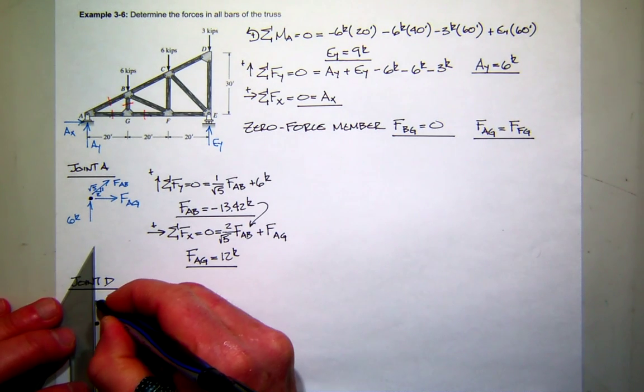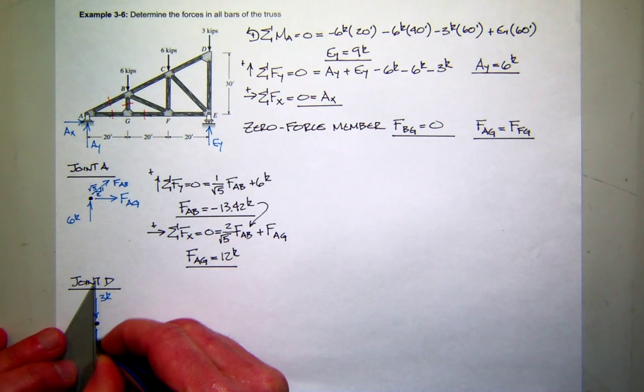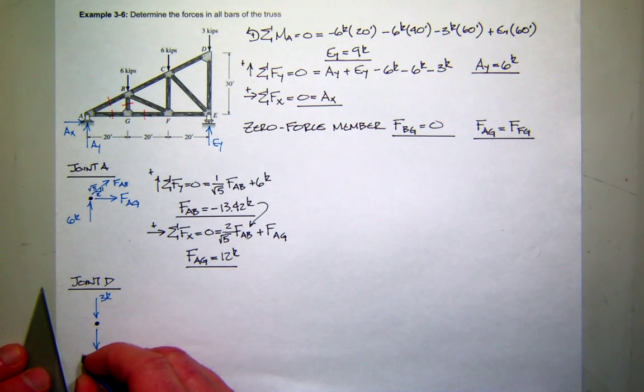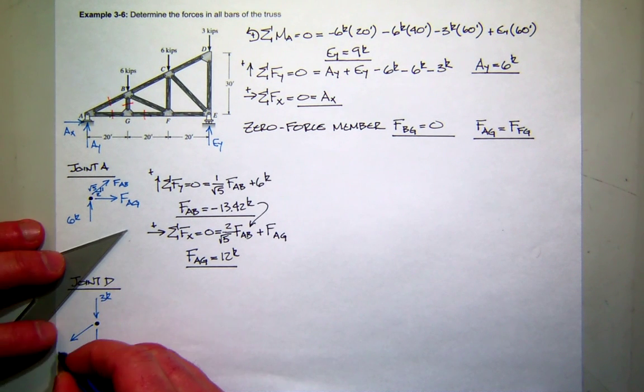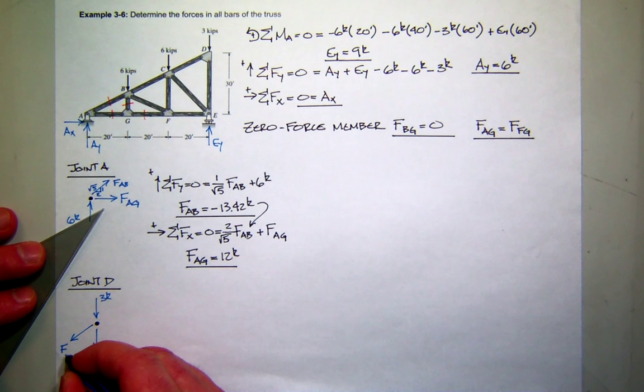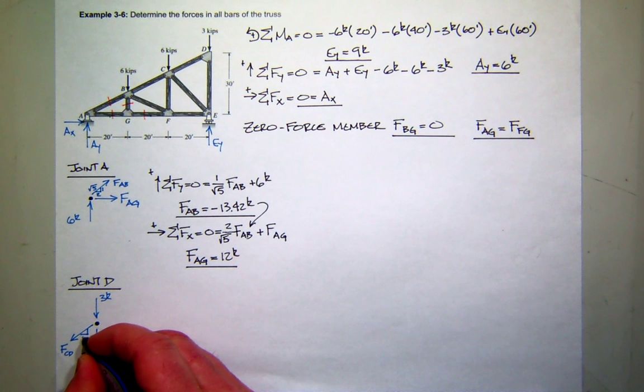I've got a 3-kip force applied at D. I'm going to assume tension in force DE, and I'm going to assume tension in force CD, and the slope of that line is the same as before,